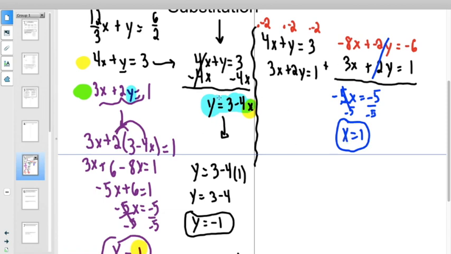And then once I found x equals 1, I could substitute it back in to either this equation or this equation. And it doesn't matter. As long as I have x equals 1, I am going to figure out what y is. And if I did that work, I would still see that y is equal to negative 1. Doesn't matter if I plugged it into this equation or this equation. Okay, it does not matter. I'll get the same thing, and I still got to do my check. Okay, so that was both